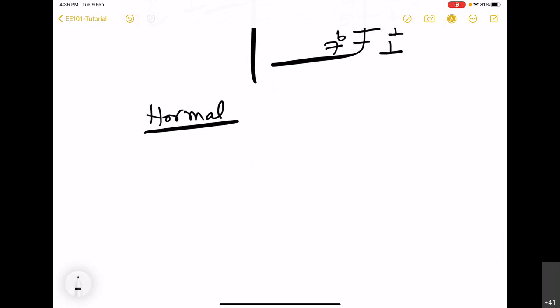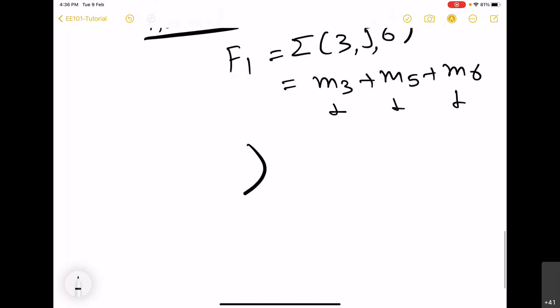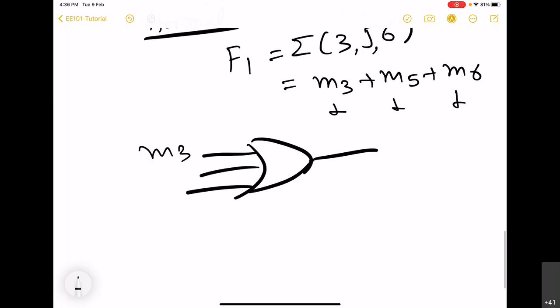Suppose we had a normal decoder, which we use for the subtractor. In that case, our F1, which is given as summation 3, 5, 6, implies M3 plus M5 plus M6. All these values would have been 1 for those specific inputs, so F1 would have simply been M3, M5, M6.